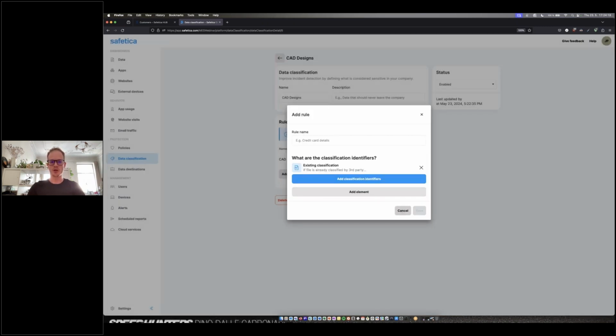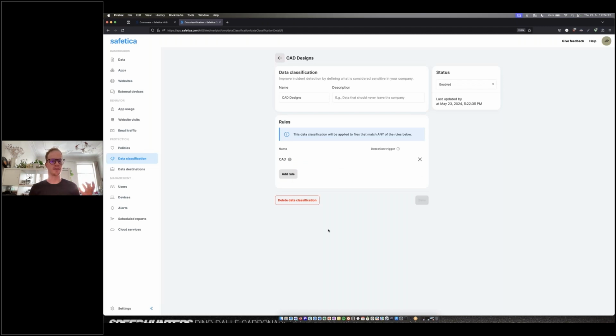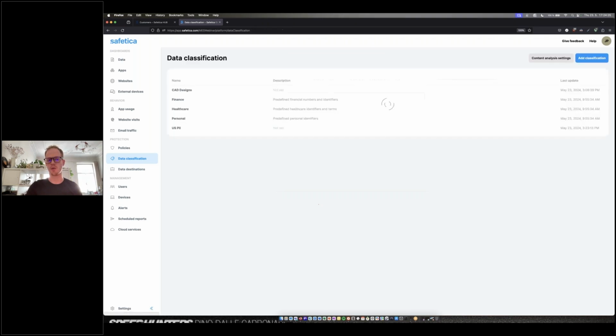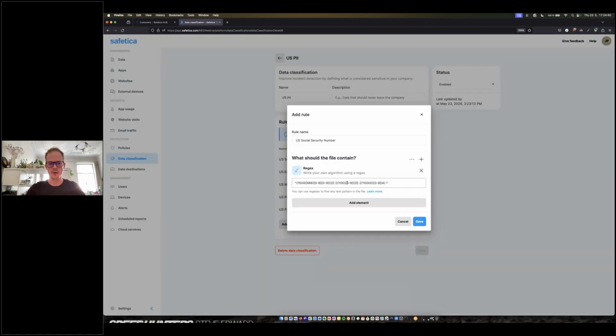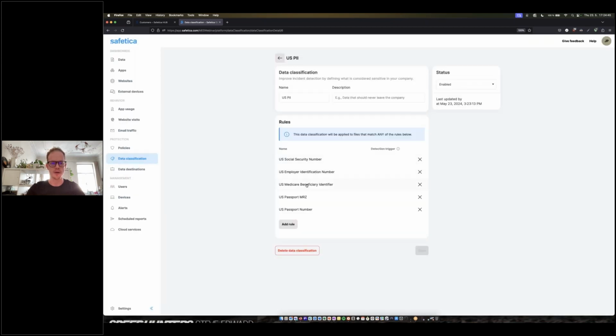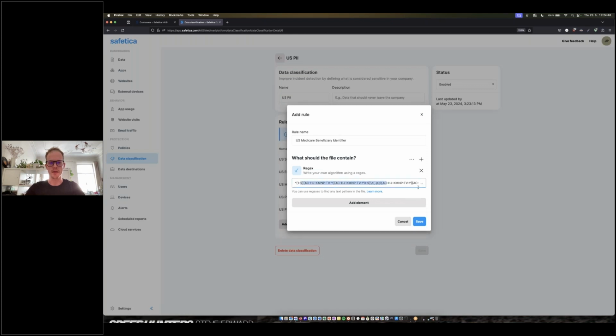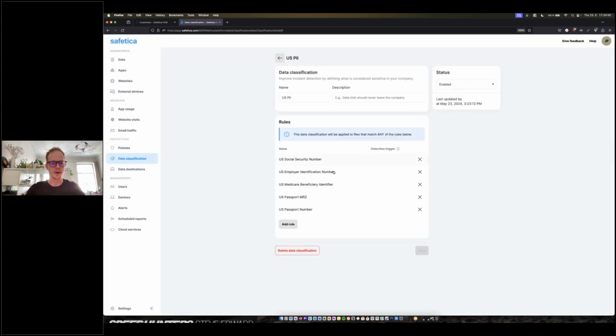So again, I just wanted to show that real quick, kind of how we go about classifying the data, the different options that we have when it comes to classifying data. And again, in a somewhat practical sense, I wanted to show how it could work for some USPII. I broke this down individually just for more of a visual aspect. So for example, I got some regexes for social, also EIN, again a very basic regex for that. Some Medicare beneficiary number, it's actually quite a complex one. The passport MRZ, this is actually an interesting one.